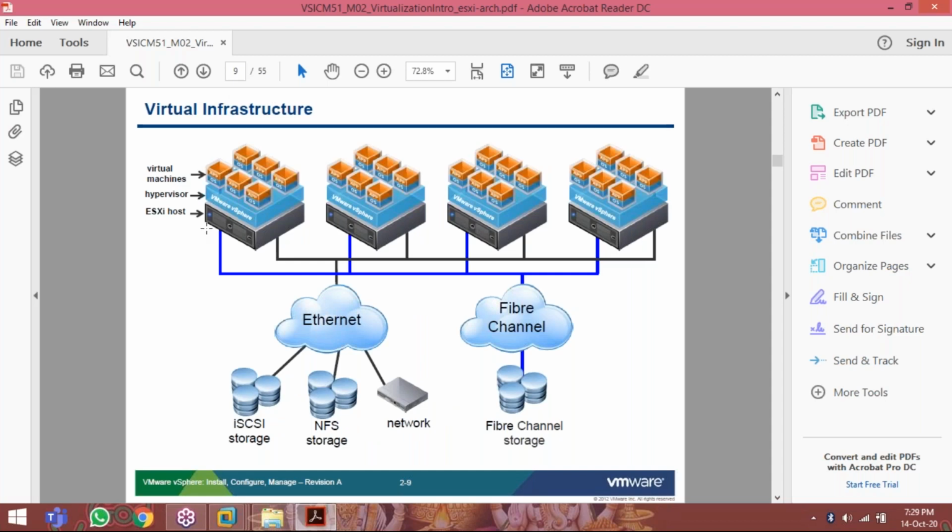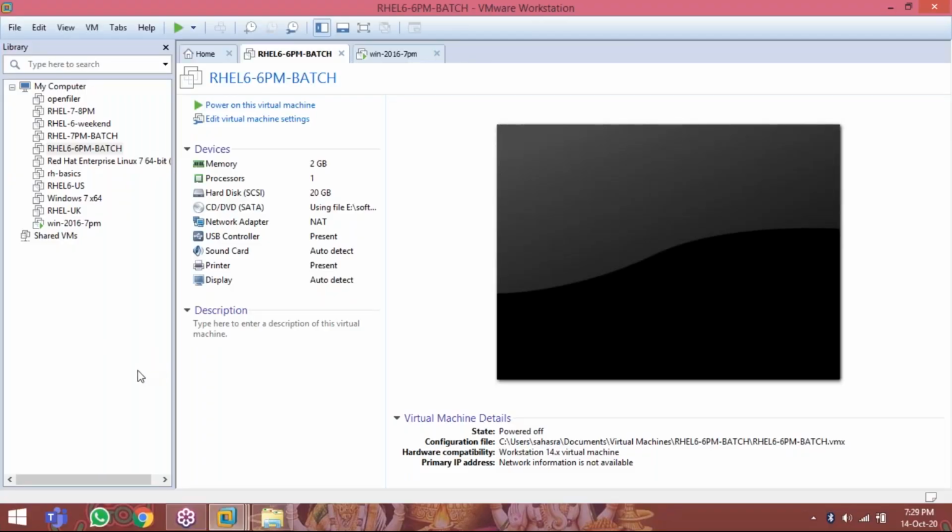See here, this is virtualization technology. This is my ESXi server. On top of that, I can configure hundreds or thousands of servers. Whatever the physical resources are there, I can share. Here I will give the example. You have 8 GB RAM, and the remaining resources are wasted. Now you are creating virtual machines and sharing your resources. Out of 8 GB, I can take 2 GB for this machine, and I have 8 GB RAM, so I can power on 4 machines. So the total 8 GB is consumed.